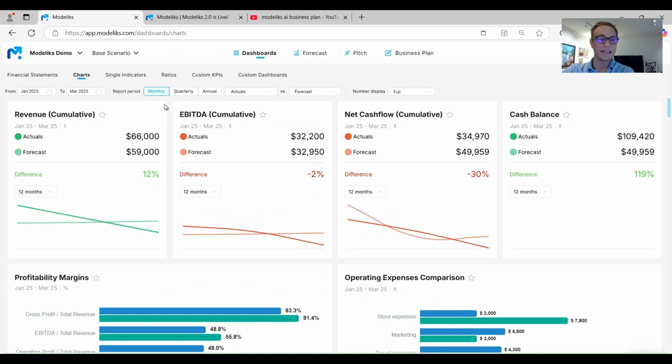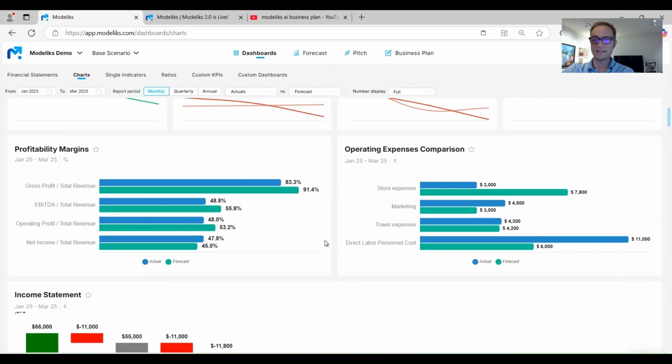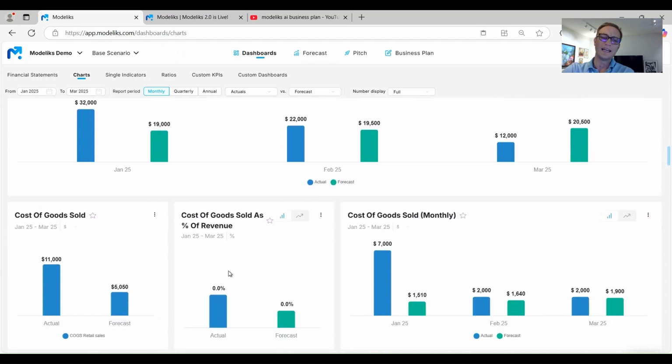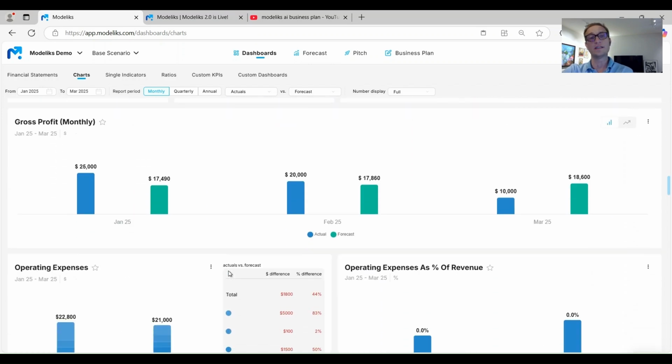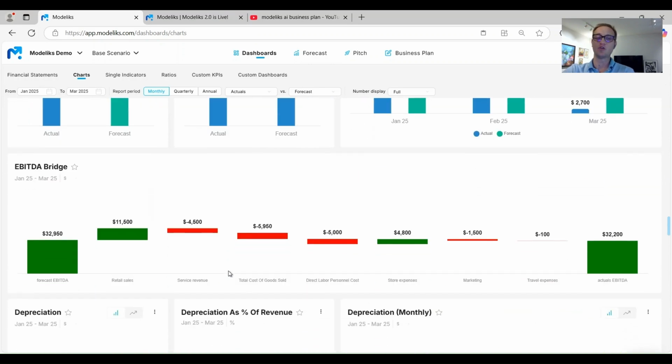Things like main KPIs like revenue, your total revenue, EBITDA, your net cash flow and cash balance, your profitability margins, all your operating expenses comparison, actual versus forecast or actual versus previous periods, income statement bridge, revenue breakdowns, revenue bridge, literally any chart that is important for you to understand how your business is performing versus plan and versus previous periods is already automatically calculated. So that you can graphically, in a matter of minutes, understand how your business is performing and where improvements are